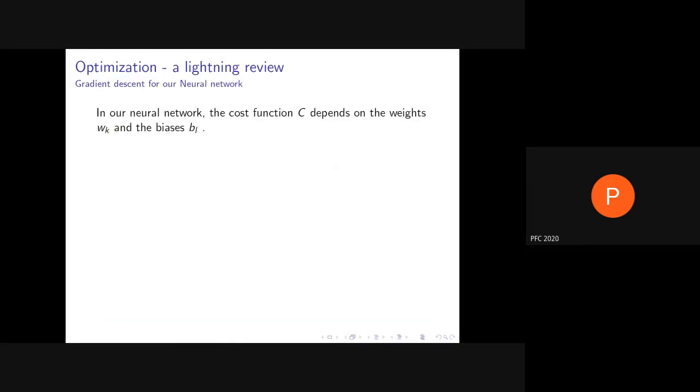Okay, so in our neural network, the cost function C. So this was for our toy function C with two variables v1, v2. In our neural network, the cost function C depends on all the weights Wk and the biases Bl: B1, B2, B3, and so on. The inputs x, that is the pictures themselves, which are 784 dimensional vectors, and the labels yx, the actual correct labels, are treated as given quantities. These are known.